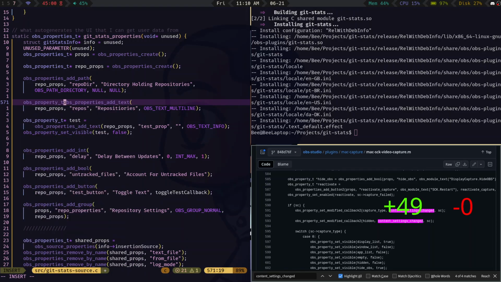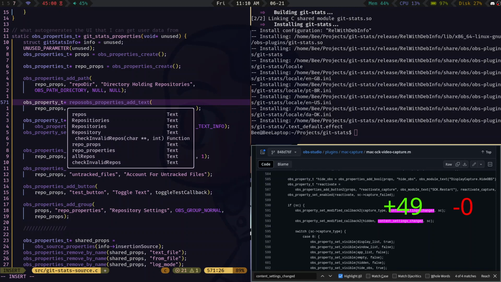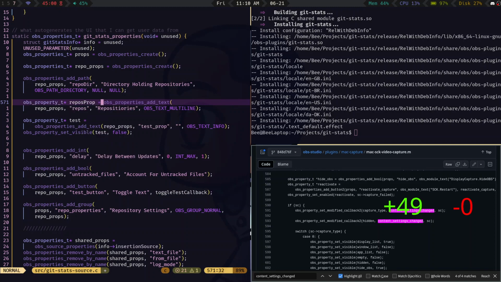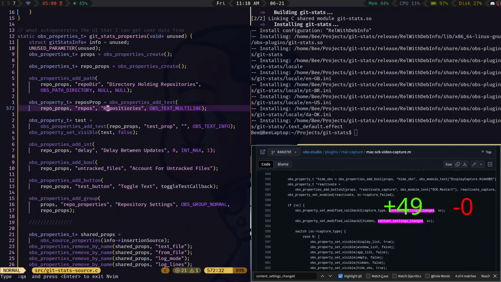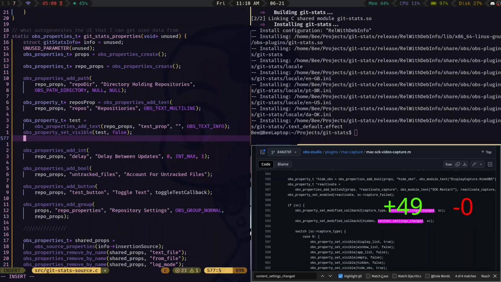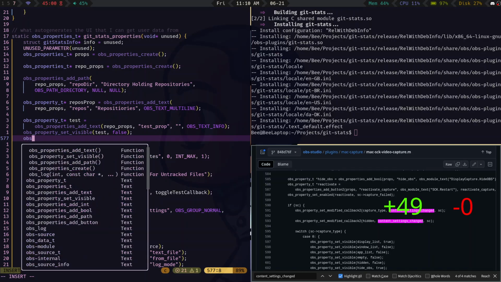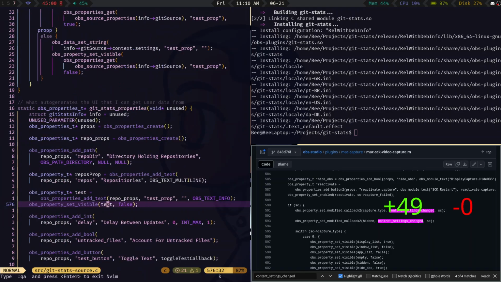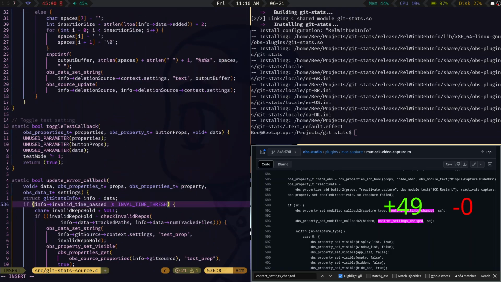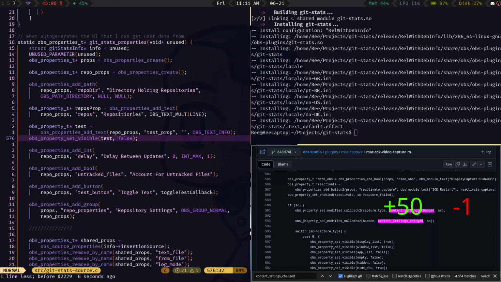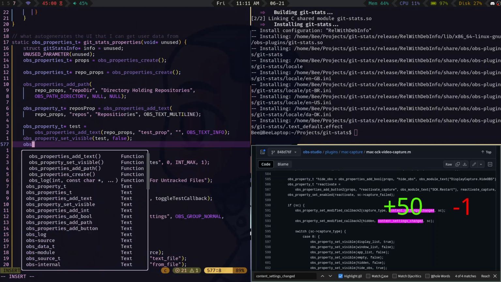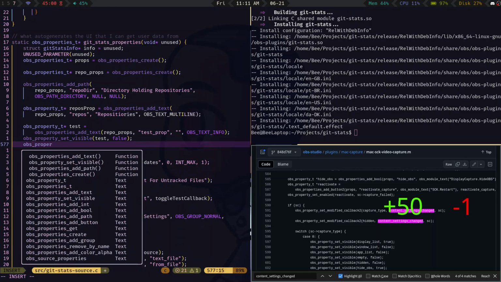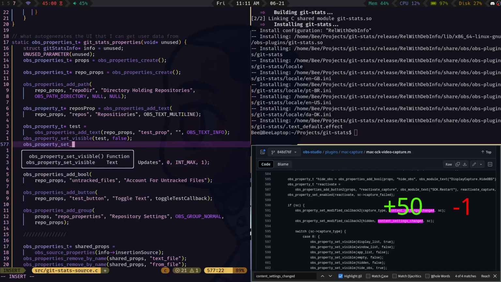So property repos prop equals that, right? And then it would be OBS prop, oh, OBS, oh, I see what I'm doing. OBS property set modified callback to